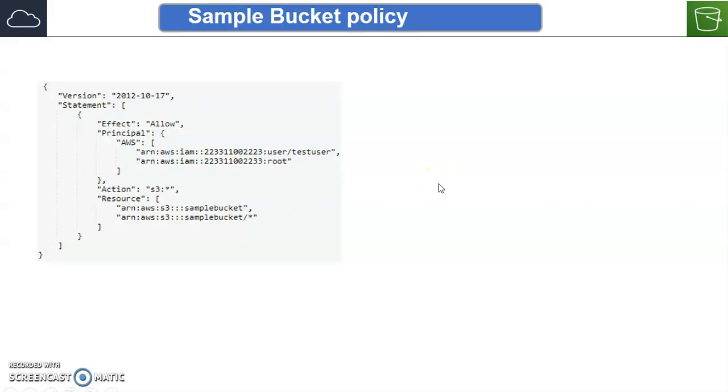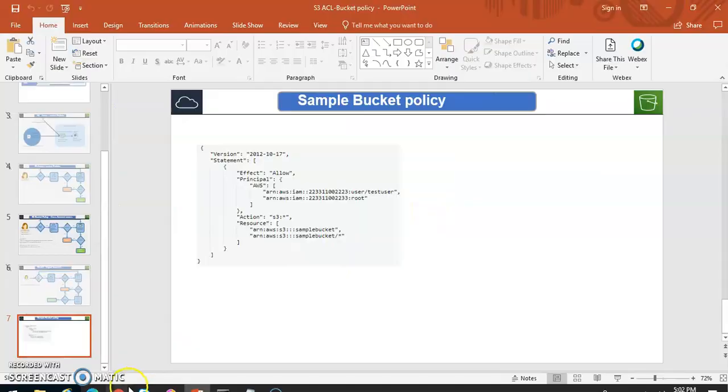This is the sample bucket policy which we will be using. We will have one statement, like a description, with effect Allow. We want to allow access for the principal AWS from this account. We will have a specific account for our AWS account; this is a sample account. And for action, if we want to allow S3 specific access, S3 read or write, that we can specify. And for resource, we can have a bucket and bucket objects also.